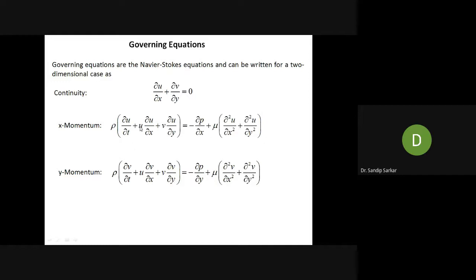Why? Because you can see this is a dependent term u, v. This is a dependent term, and x, y is an independent term. You can see a dependent and independent term are coupled. Here you can see a constant term, so this is a coefficient. The coefficient also consists of a variable, which is a dependent variable. Similarly, this is a coefficient which also consists of a variable, which is also a dependent variable. So the existence of this dependent variable in the coefficients of these partial differential equations makes this Navier-Stokes equation nonlinear.